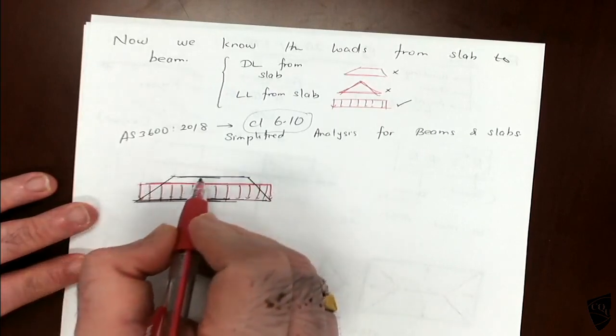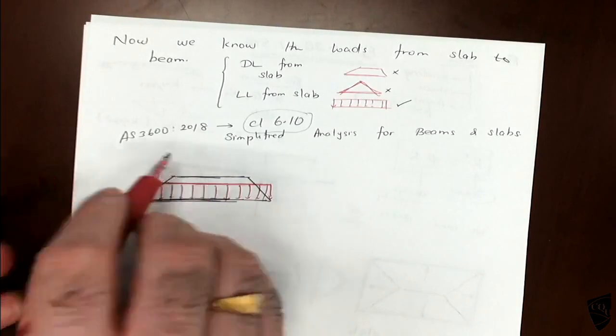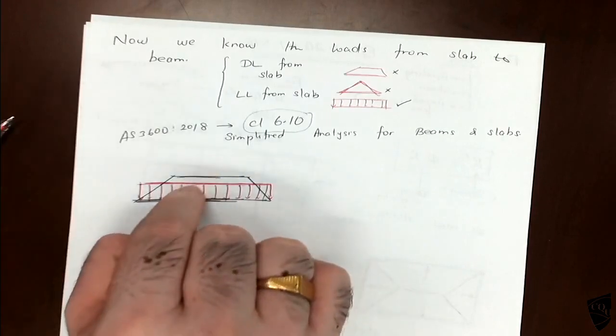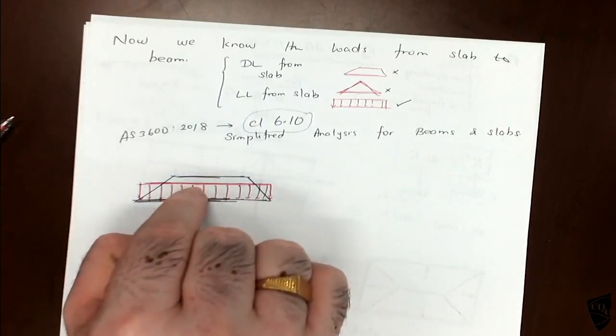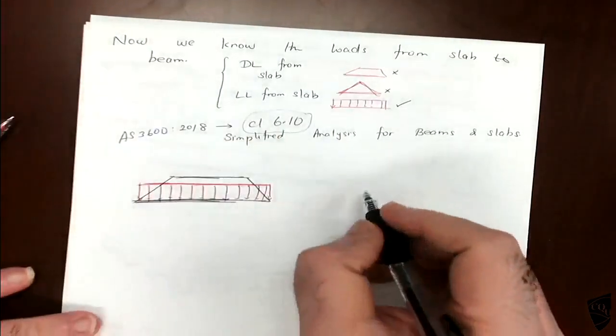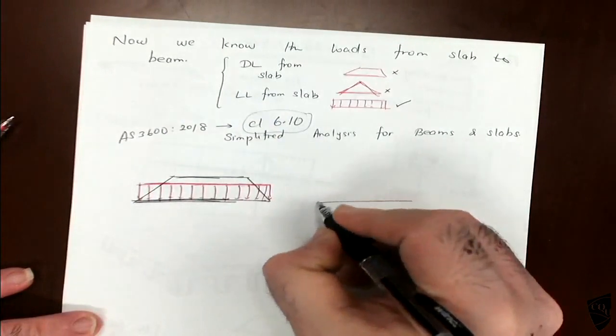Instead of this trapezoidal distribution, you should look at the equivalent load. We have to use this one instead, so that we can use 6.10. Similarly, for the triangle distribution,